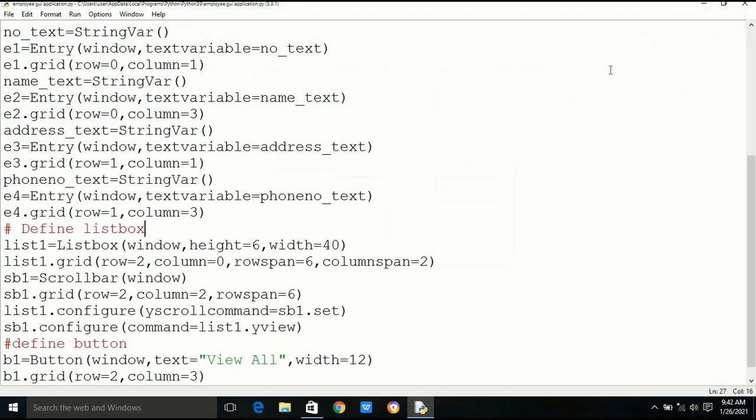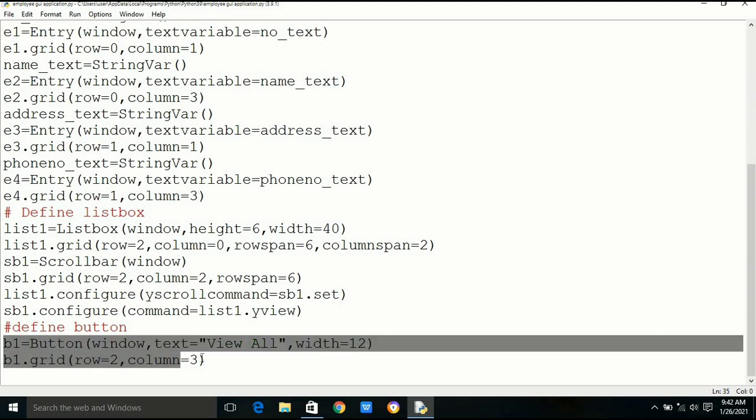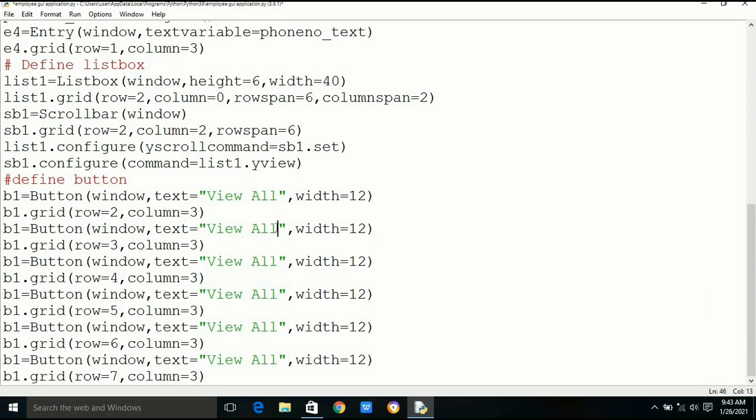We will copy the same code and paste for 6 times to get similar 6 buttons, but we have to change the text, and in first case it is view all, in second case it is search employee, in third case it is add employee, in fourth case it is update employee, in fifth case it is to delete an employee, and in sixth, if you want to close the form, you can close by clicking on it.